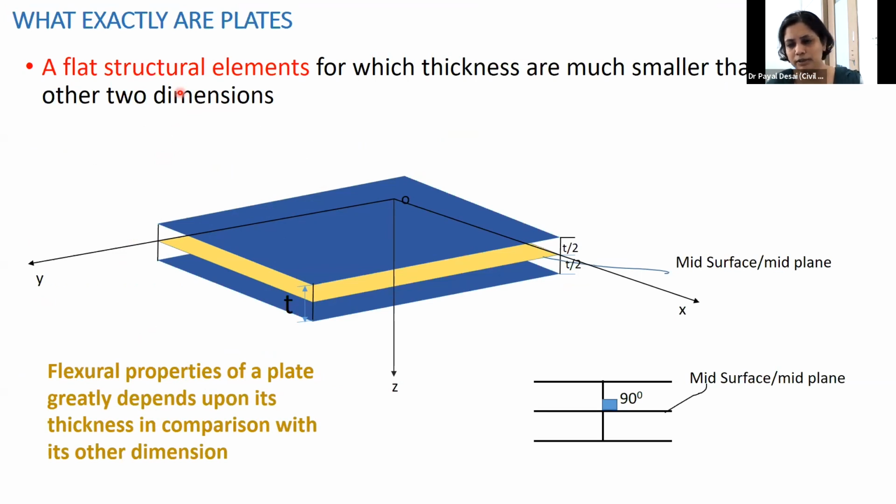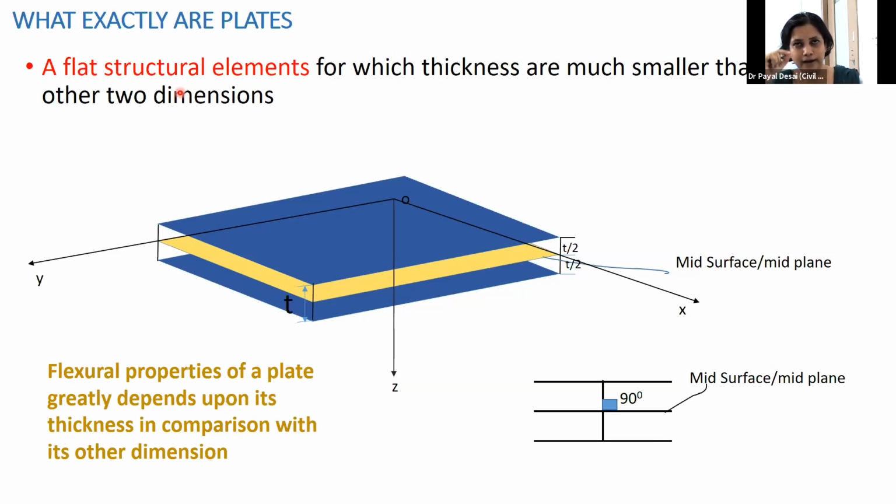Now, thickness has a very significant role in the contribution to bending stiffness. And all of you know that, because in the case of beams you have analyzed moment of inertia, which is bd cubed by 12, where d is the depth of the beam. So when I compare the plate with the beam, at every step I am trying to compare them so that you can correlate, and it is much easier to understand.